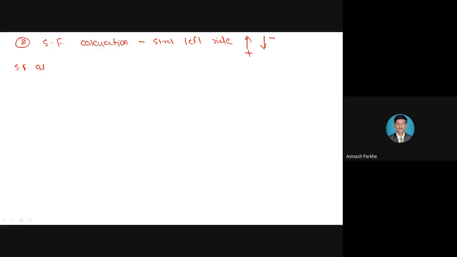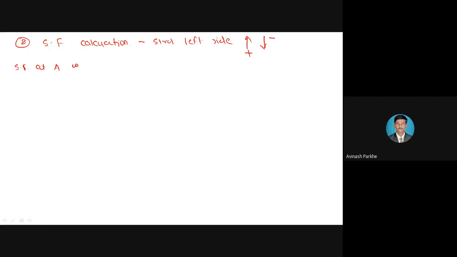Shear force at A. But I have told, wherever the reactions are present, wherever the point loads are present, at that point I have to calculate the shear force two times. One is without load and another is with load. Please keep in mind, at any point, if a point load is applied or any reaction is there, at that particular point we have to calculate the shear force two times. One is for the without load, another is for the with load.